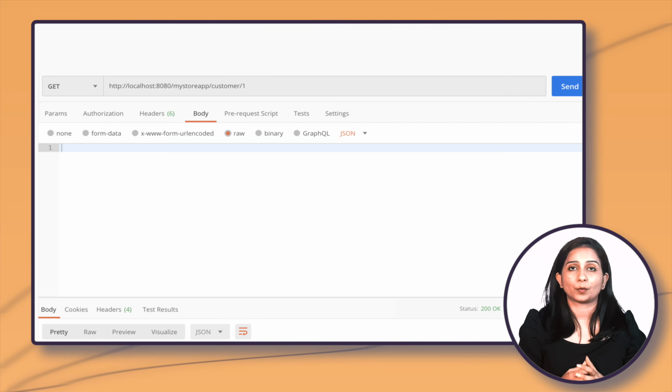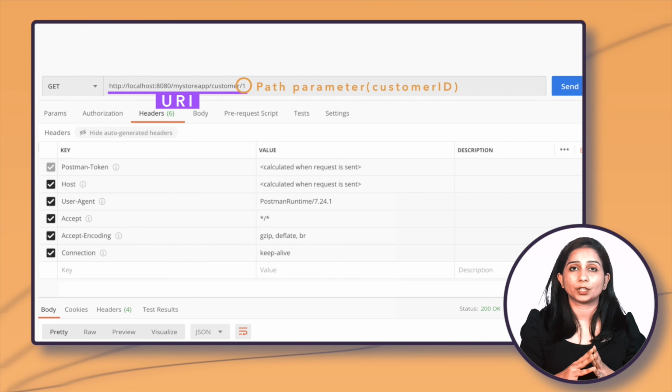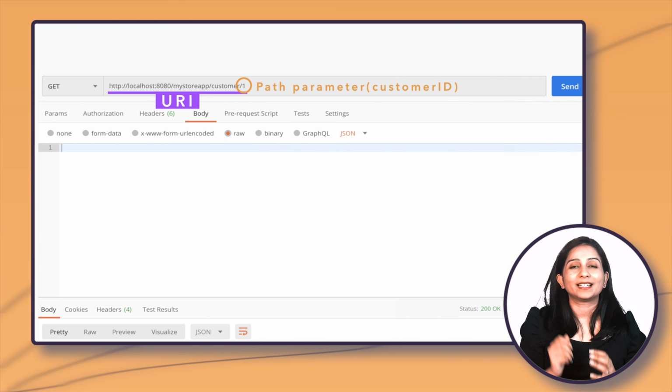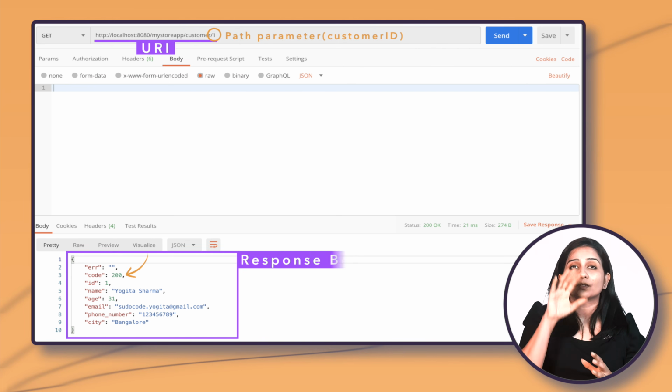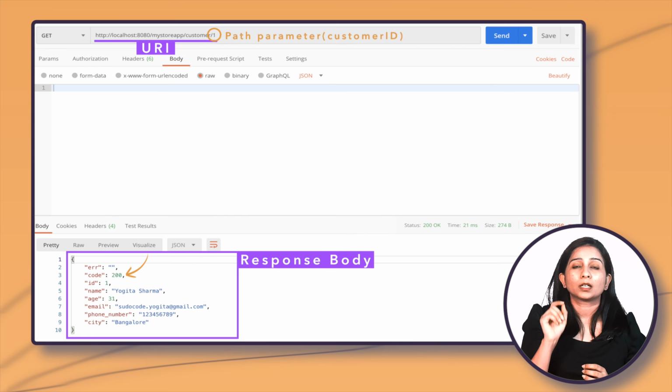So what do we have in the request? We will have the URI, in this case customer, with the ID as a path parameter, 1, of the customer that we have created using POST, and we are just going to use the GET method and similar headers as we discussed in the previous video. You can see the same headers we are using here as well. There is nothing new. Once we send this request, let's see what happens. We receive the response with a response code of 200, and in the response we have received the whole customer object. It has all the details of the customer object along with the ID, the time it was created, and so on. This is how we fetch one customer's or one resource's data using the GET API.